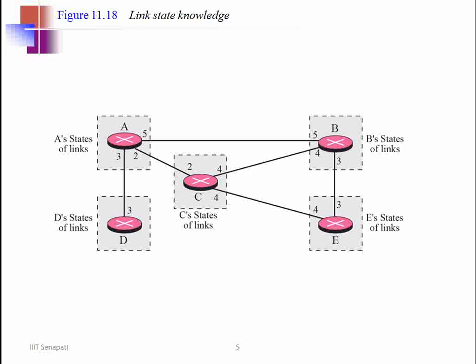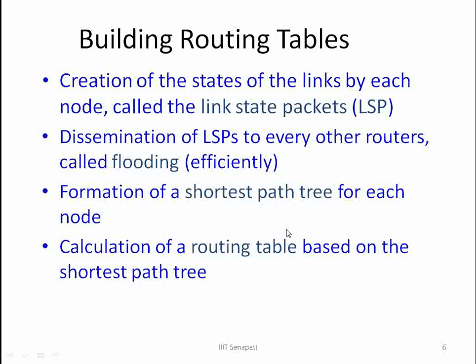and similarly others. So although there is an overlap in the knowledge, 5 is coming here also and 5 is coming here also. The overlap guarantees the creation of a common topology, a picture of the whole domain for each node. So now we have to understand how routing tables are built.